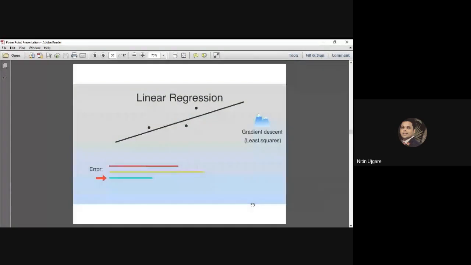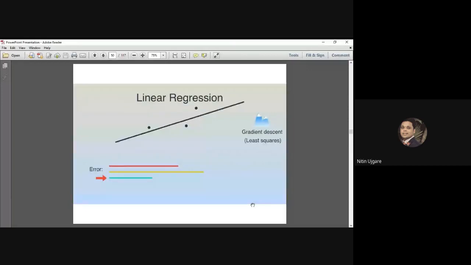Now these points are on one side or the other side of the line, and the points on the other side of the line will generally be measured with a negative distance, and we know that distances are never negative. So we square up all the distances, and this process of squaring up all the distances is called least square, and this is called the least square linear regression method using gradient descent.